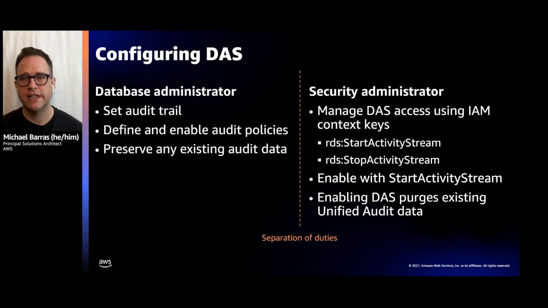A few things to consider when configuring DAS. First, the DBA needs to enable the database audit trail. Enabling DAS will also set the database audit trail, but doing it ahead of time can help you to test and make sure policies are configured properly before DAS takes over management of the audit trail. Next, again, define those audit policies. Oracle recommends using a minimal number of audit policies to reduce performance overhead, but exactly what actions you audit will depend on your business and compliance requirements. You should also clean up any existing audit data from the unified audit trail, as this will be purged when DAS takes control of audit retention.